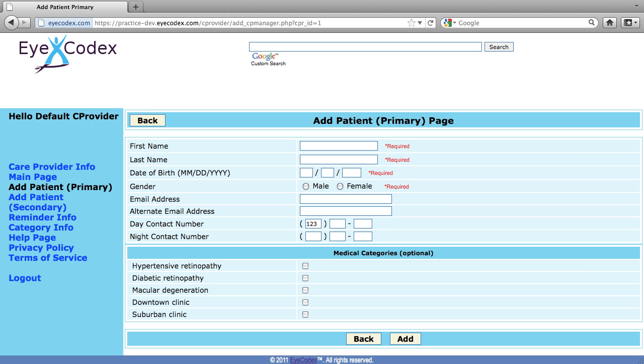So we're going to add a primary patient in this case, and as I said, we assume that the patient has called in on the phone, so after verifying that this phone number is in fact a place where we can regularly access the patient, we enter the number, and we will also now want to enter Mr. John Doe into the system. So we need his name and his date of birth, and then we will also need his gender,